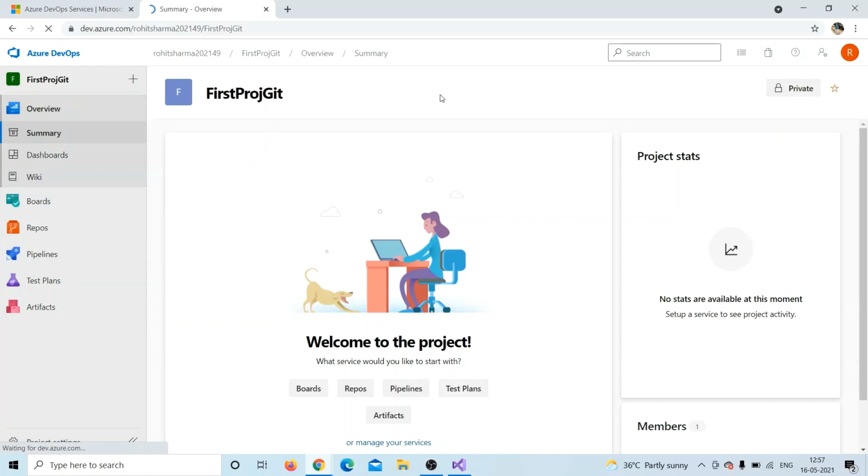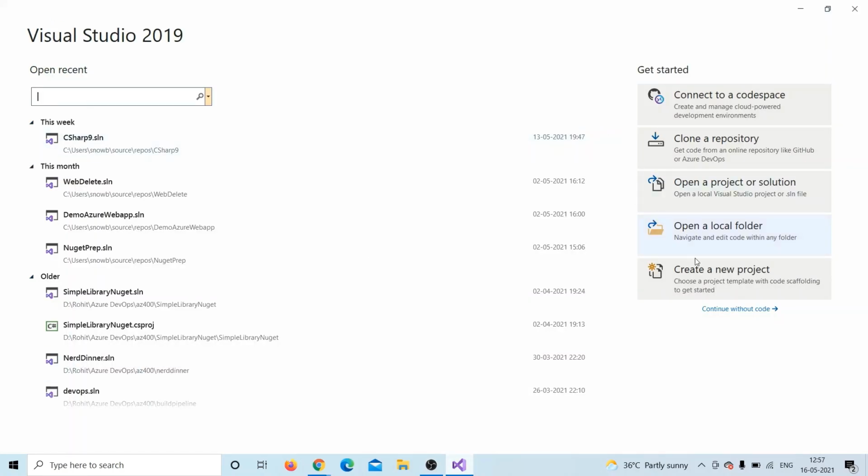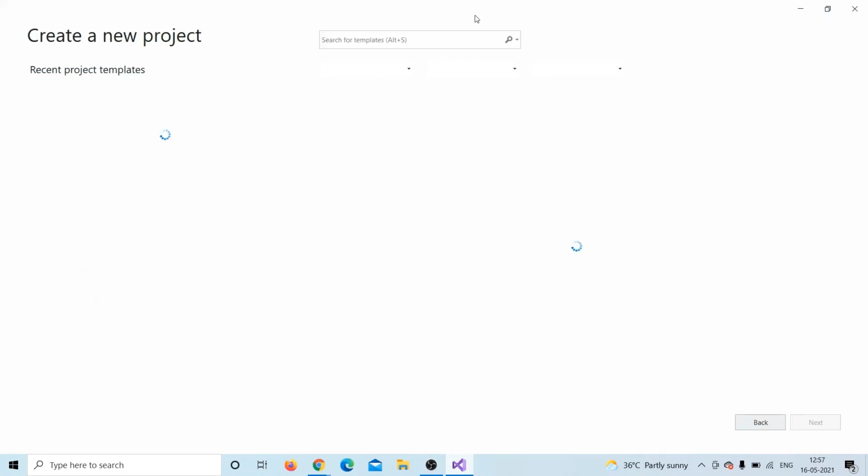Okay, the project is created, and now what I will do, I'll create a project in Visual Studio and then I'll upload the same into Azure DevOps services using the Git. And to do that, first I'll go to the Visual Studio, I'll click create a new project, and then I'll select the ASP web template with MVC. I'll select the .NET Core project,